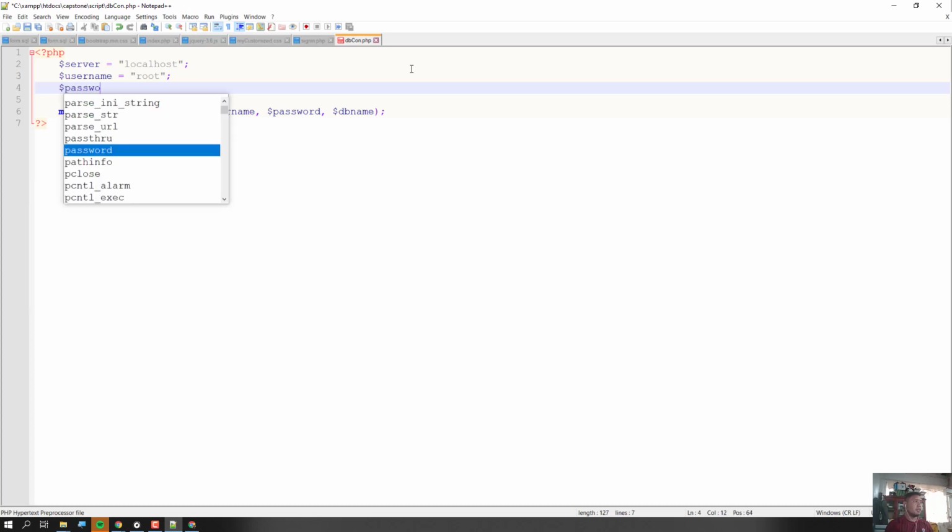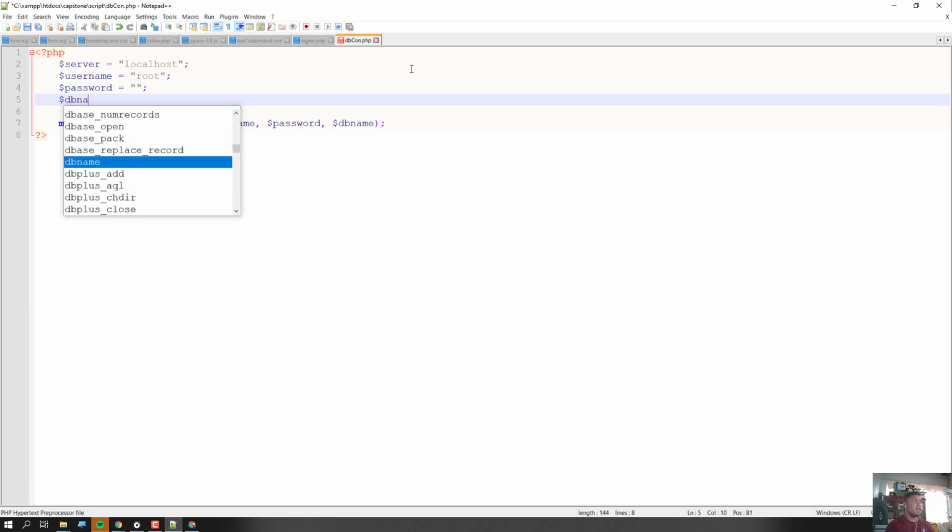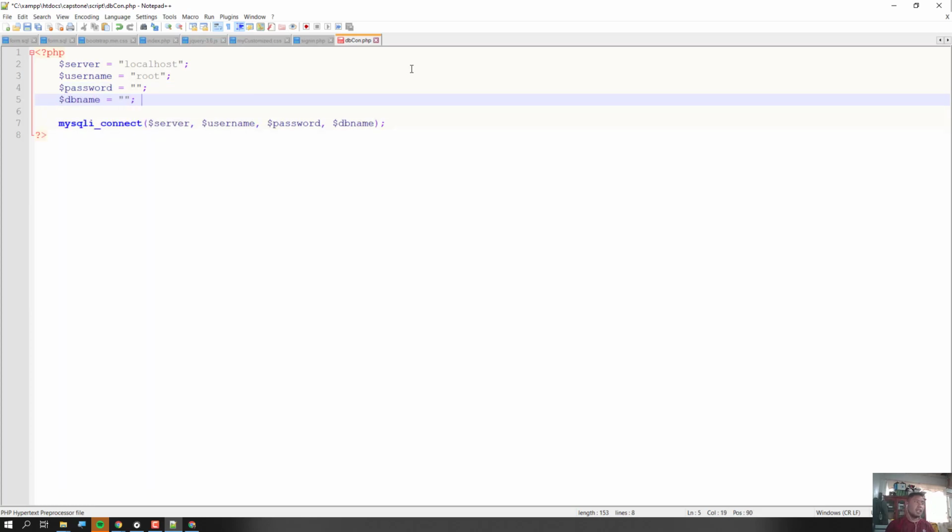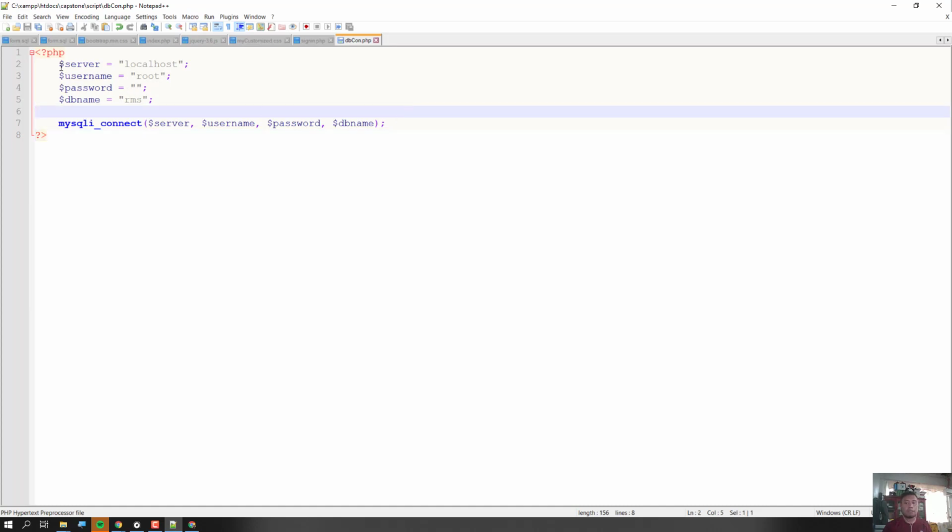The default password is blank. And our DB name that we created a while ago is RMS. It depends on you, what is the name of your database in your project? Once we have these 4 needed pieces of information to connect to our database,